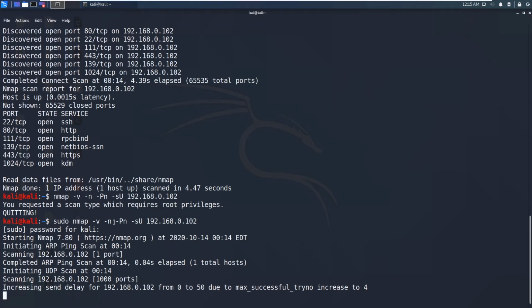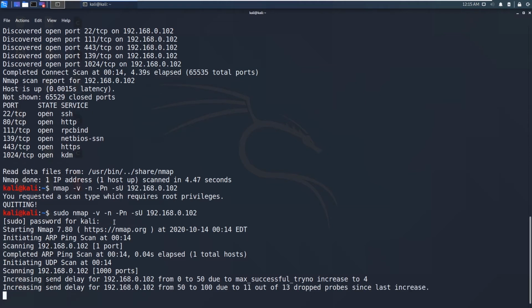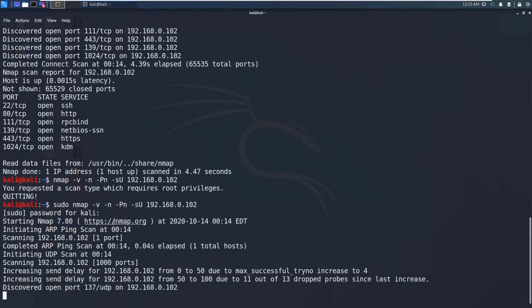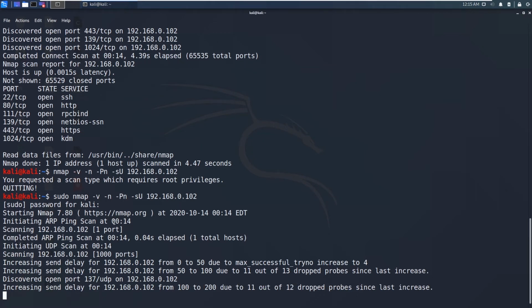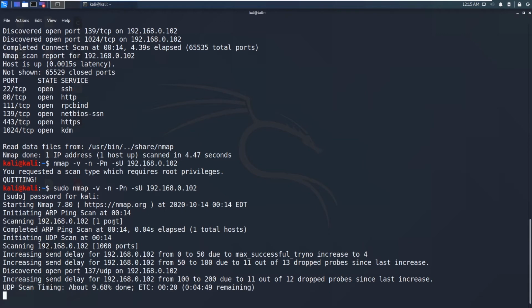But in a UDP scan, the packet loss is very high, because we just send the packet to the computer, and that computer may or may not reply. So we cannot guarantee that the computer is alive. We make sure by sending multiple packets to the same computer. That's why UDP scan takes so much time.